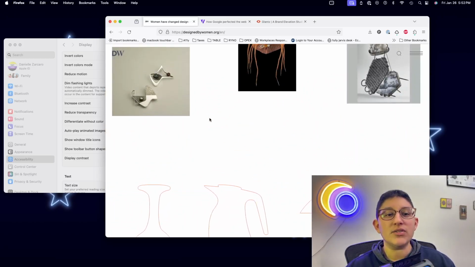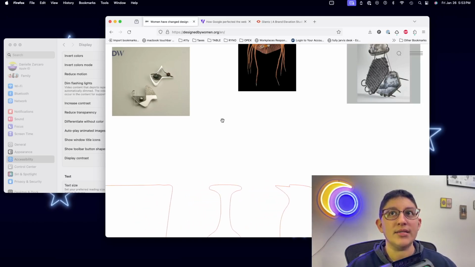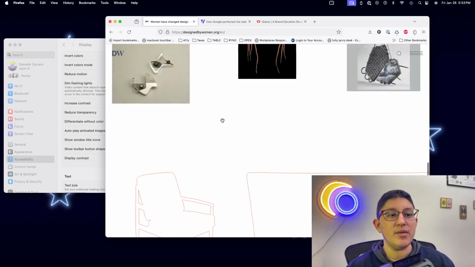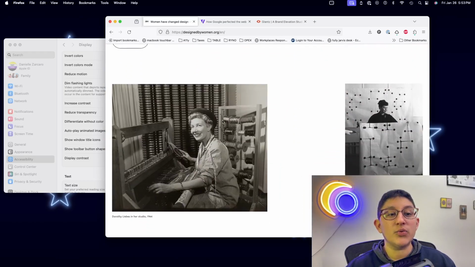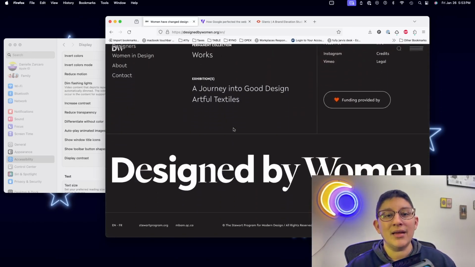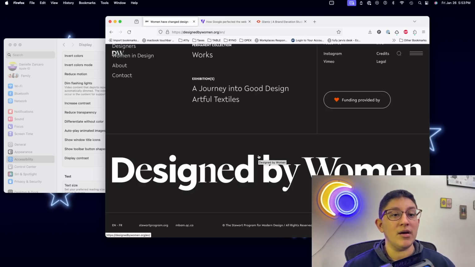I mean, all of these things are really clever ways to incorporate all of these things throughout the site. I love the overall design. I think it looks like the speed may change with the amount that I scroll. All of this stuff is really cool, right? Like it's highlighting things that have been designed by women, and it's doing it in a really cool, fun, somewhat dynamic way. This is one of those situations where, okay, I could be convinced that some of these things are pretty integral to the message of the site, right?